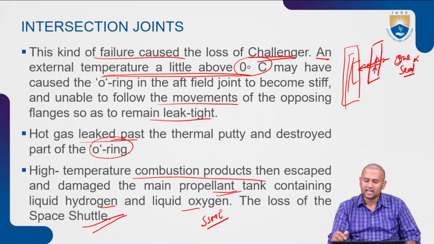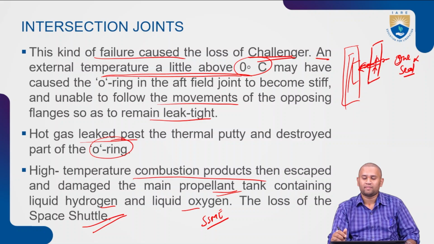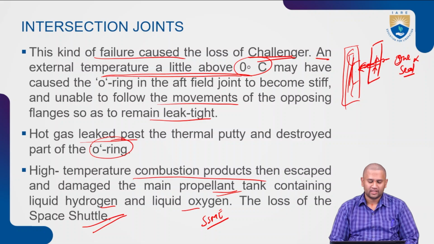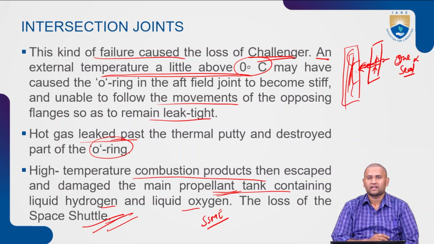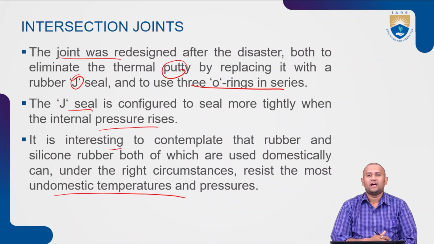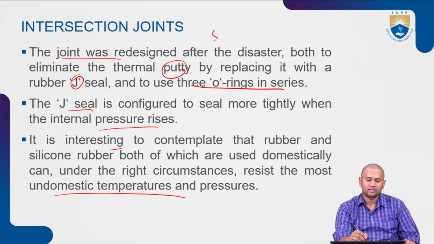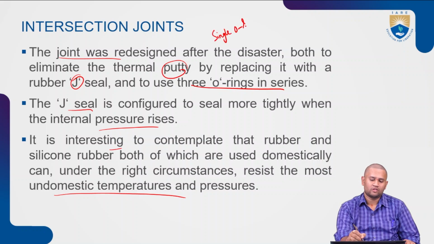As the hot gas was directly redirected towards the fuel tank, what happens? It tends to boil up and the pressure inside the tank increases exponentially. This damages the propellant tank, which in turn loses the space shuttle. After this issue, what they did was increase the single o-ring to 3 sets, or 3 o-rings,